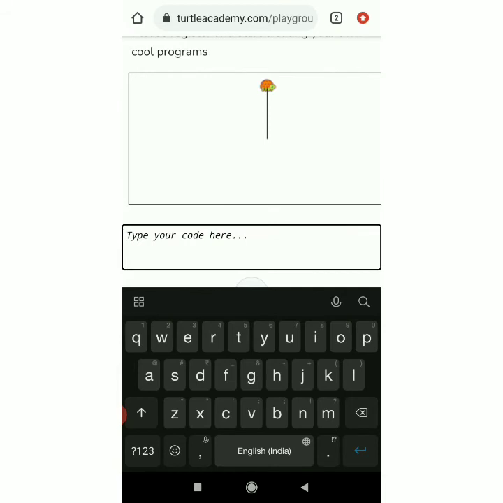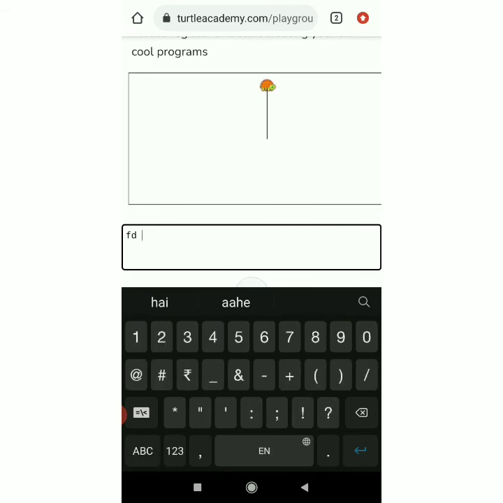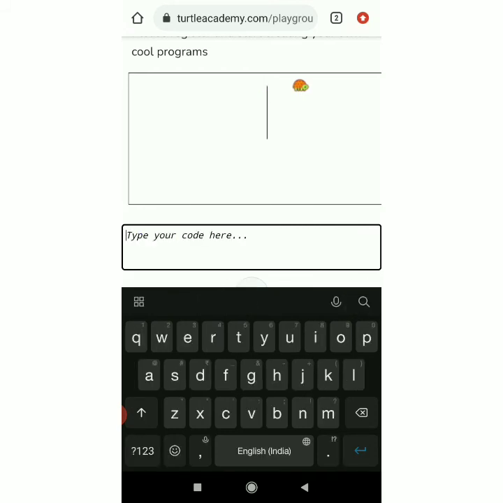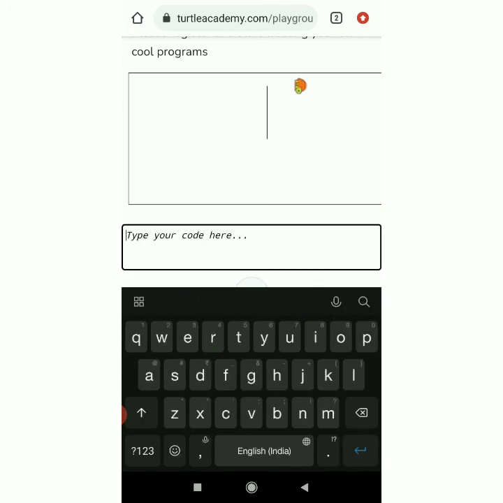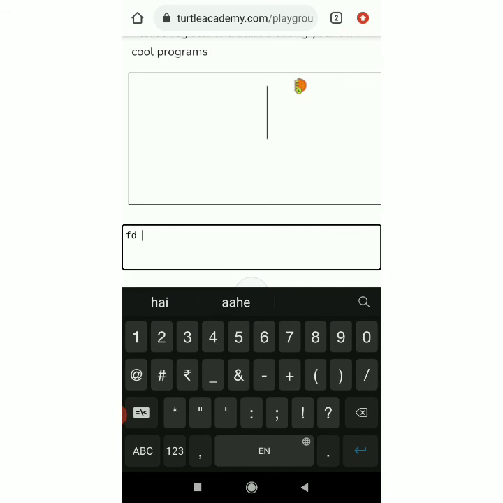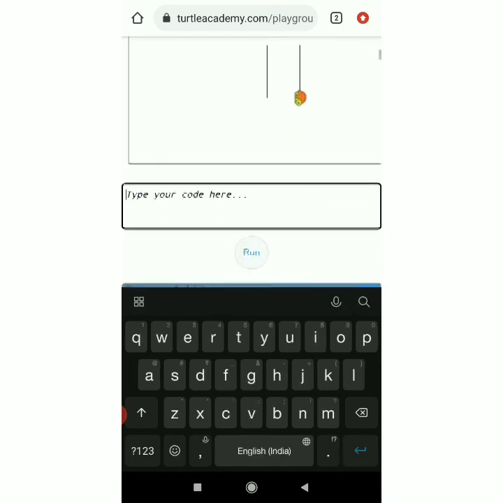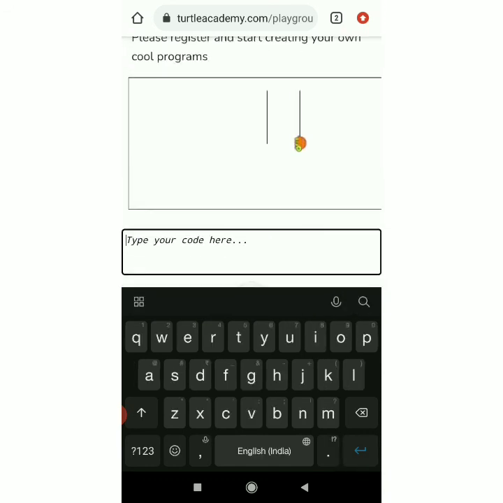Now I want to draw an invisible line. So for that I need to give a command to the turtle for pen up. So I am writing pen up, PU. Now I want to give a command to go forward in the same direction. So FD50. Now for right turn, RT90. Now to move in the same direction, FD command. But right now the pen is up, so before that we need to write the PD command, PD enter, and now FD80. So here you can see the parallel lines with the help of PU and PD commands.